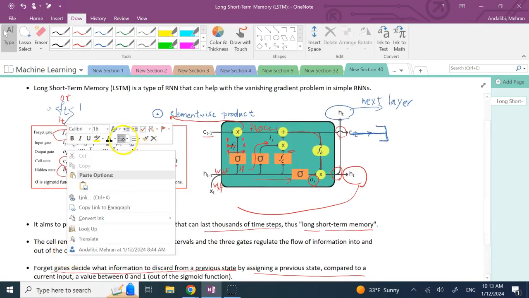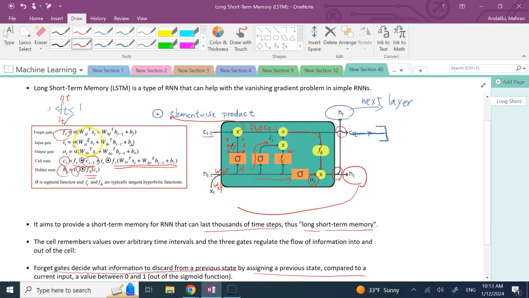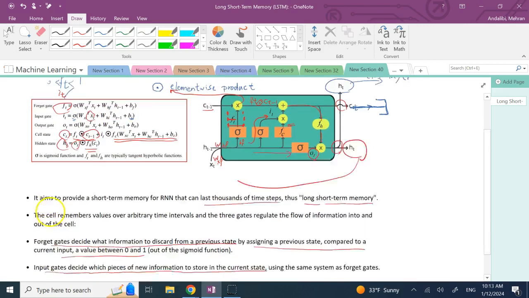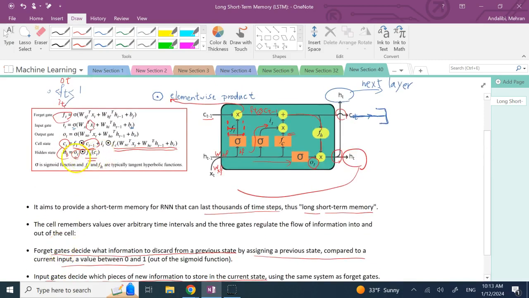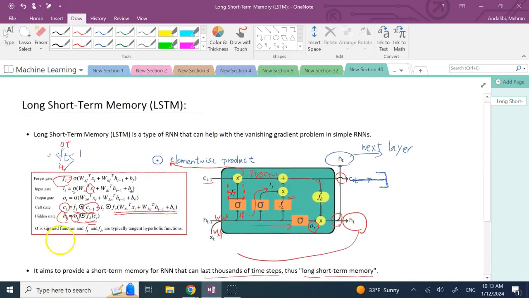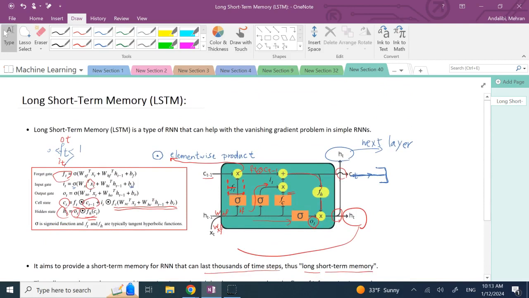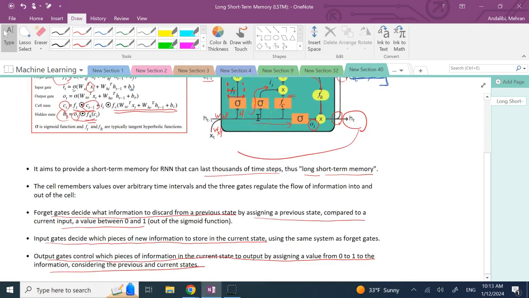And again, the new information is what? The new information is actually this x of t. Okay? And the output gate will decide basically how much of that goes to output, as you can see over here. So this is an LSTM, and it is more sophisticated, and it can perform better than a simple recurrent